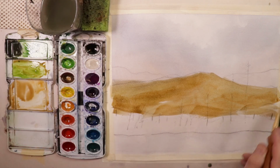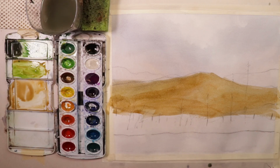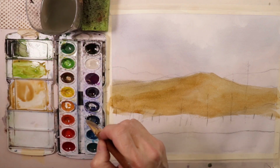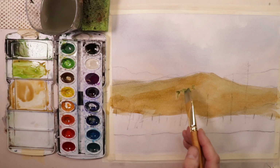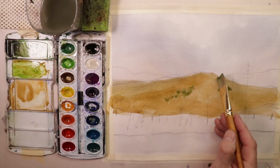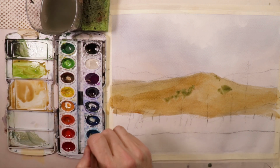And I like to feather it in. So there we have that middle section. Then we might take some of the greens and just make some trees and things here. And we just have to do these quickly though. We'll make some bluer, let's do some bluish